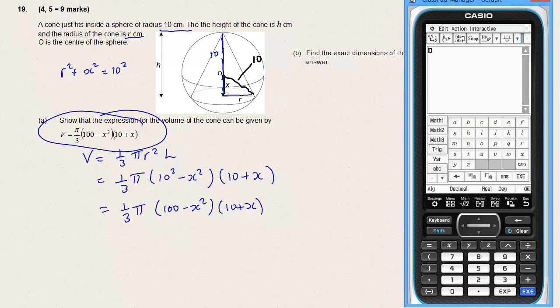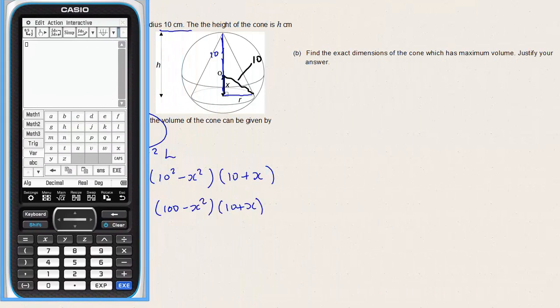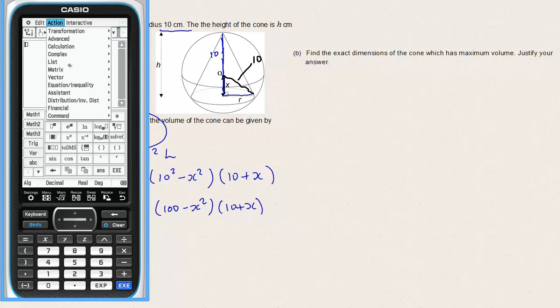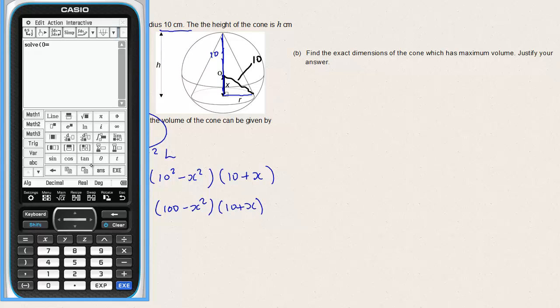Now it's a calculator paper. So we want to find where we get a maximum, so we need dV/dx equal to 0, and we can do that with the calculator. So action, advanced, solve, and then we want it equal to 0, so 0 equals, and we could use one of these templates here. So we're going to do d/dx of